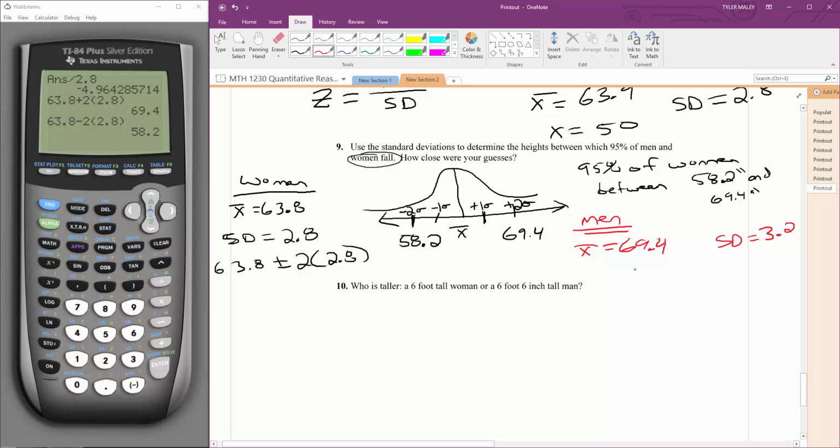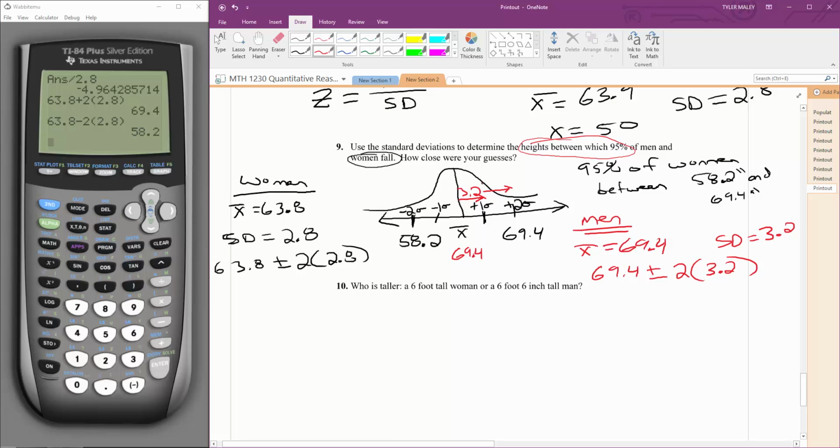So then to find my 95% confidence interval, which heights are between, where would we expect 95% of the heights of men to fall? You would take the mean, 69.4, plus or minus 2 times 3.2, because for 95% we need to be 2 standard deviations. So similar thing here for males, except this is 69.4 in the center, and each one of these is 3.2